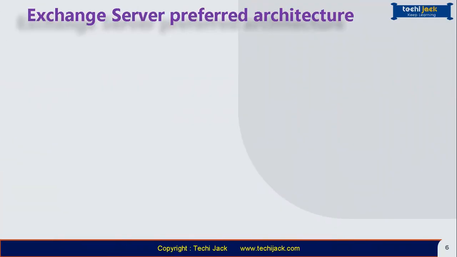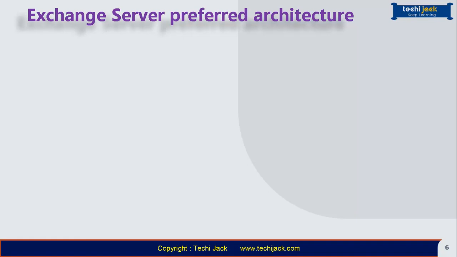Exchange Server Preferred Architecture. Microsoft recommends Exchange Server Preferred Architecture as a best practice for deploying Exchange Server. However, some organizations will not be able to deploy the preferred architecture. Those organizations will have to deploy Exchange Server in a different supported architecture, and they should adhere as closely as possible to the preferred architecture or consider migrating to Office 365 in future if they do not want to deploy or manage multiple servers on-premises.